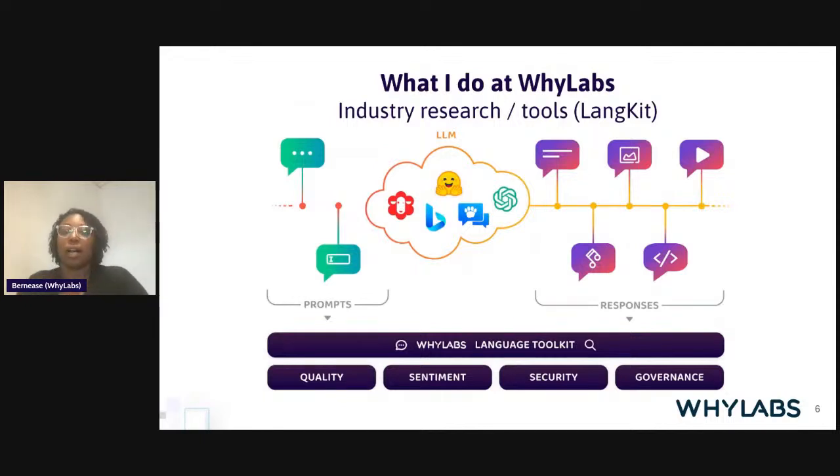Okay, so that's where we started. And then the next thing that we came out with is a lot more directly related to LLMs, and that is LangKit. So LangKit, well, for those who are maybe not familiar with LLMs, or just a quick reminder,